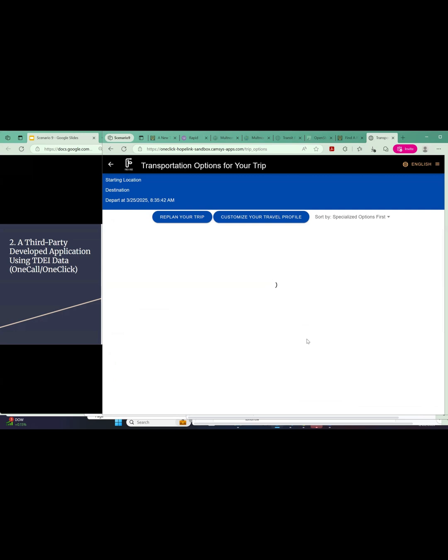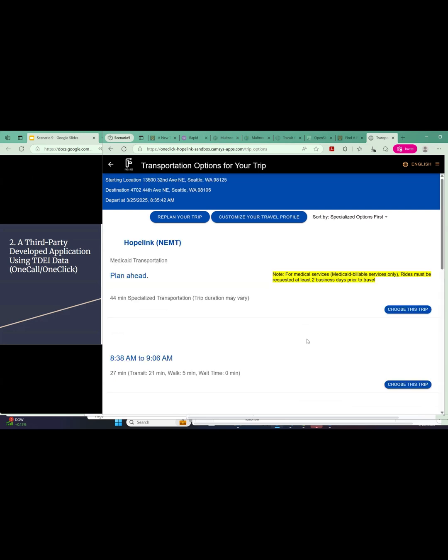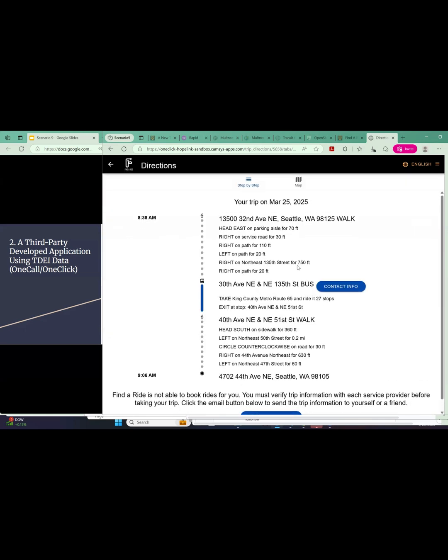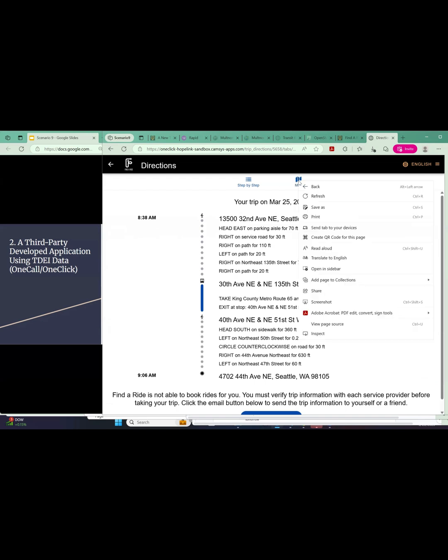So this trip planner allows for customizations of both what eligibility services do I have access to, as well as some of my personal details regarding travel. This may be a little longer than I'd like. Okay. So I can take a look at this trip, but for the purposes of the walking parts, I would like to choose the metro trip so we can take a look at the walking information. This is the step-by-step. Let's take a look at the map.